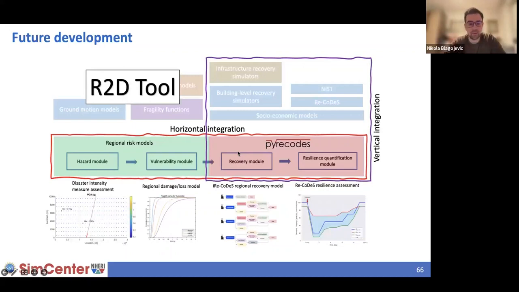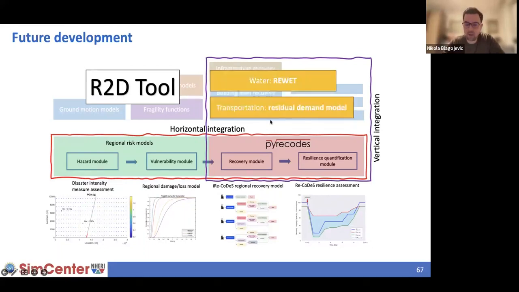The other way of integrating things into pyrecodes is what I call right now vertical integration. This means we don't extend this computational workflow in this direction. We integrate other infrastructure simulators which have their own resource distribution models or their own recovery models. And here what I'm interested in is integrating much better infrastructure simulators into pyrecodes, because right now they're a bit simplistic, and we're developing interfaces that are going to allow this to be, I would say, even more user-friendly. We can also talk about integrated socioeconomic models. This shouldn't be too hard.